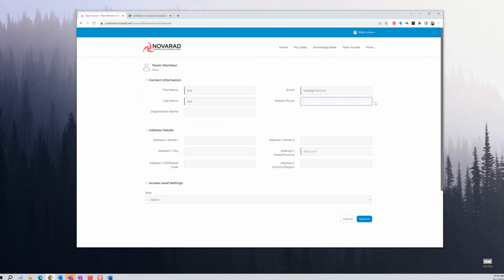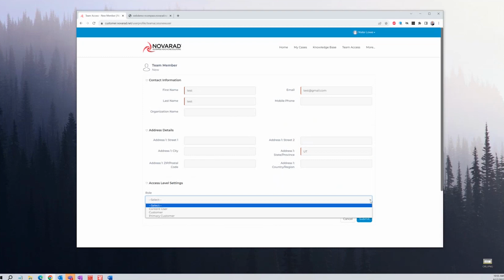Mobile phone, not necessary, but you can put it in there. It can be helpful to have a phone number for support reasons. If someone on your team wants to open up a support case, we can contact them back at that phone number. And then we have address, zip code. It's probably helpful for our support department so that we know where the case came from, because we have different support teams dedicated to different regions. So the state is required.